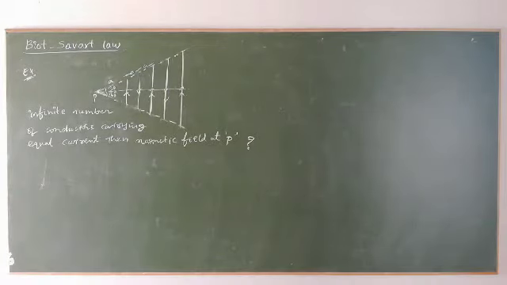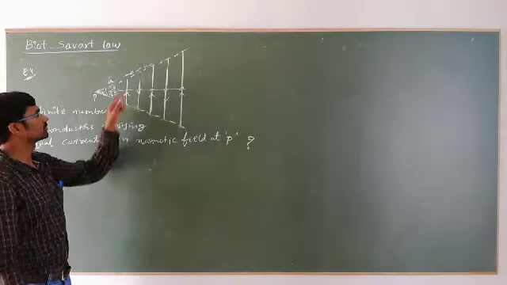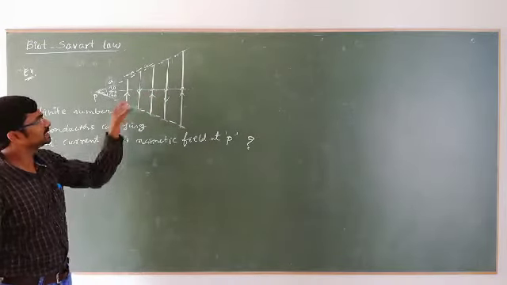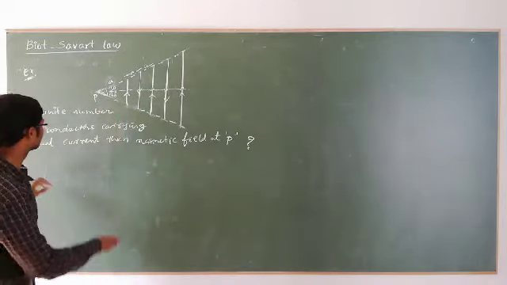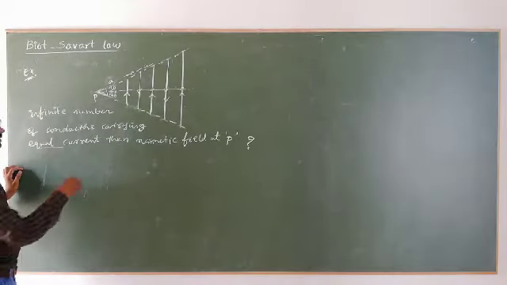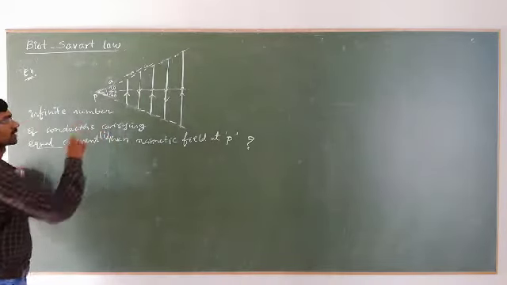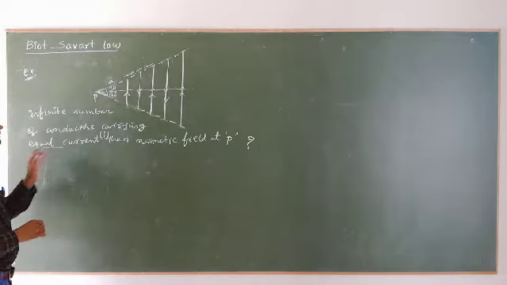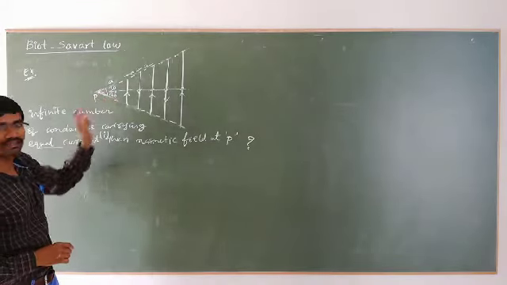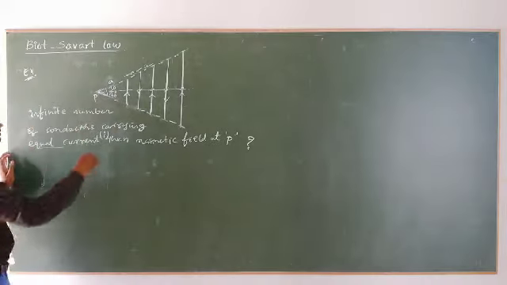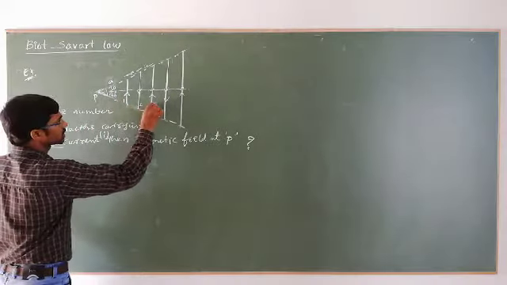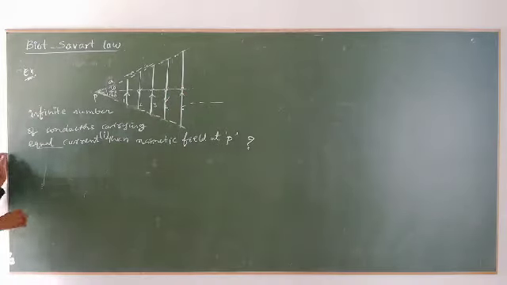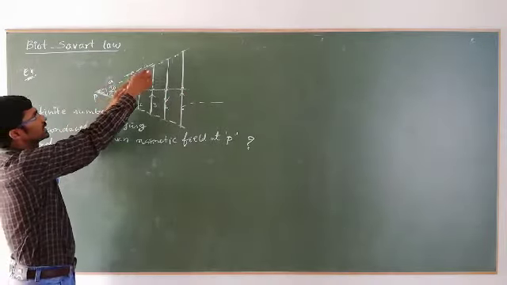So let me discuss one more example. We have an infinite number of conductors which are arranged in this order, and each is carrying the same current I. Equal currents are flowing. So at this point, what is the resultant magnetic field? And you can see the angle made here is 30. This is the first one, second one, third one, fourth one, fifth one, and so on, like that we are going. And you can see here, it is A, it is A, it is A.